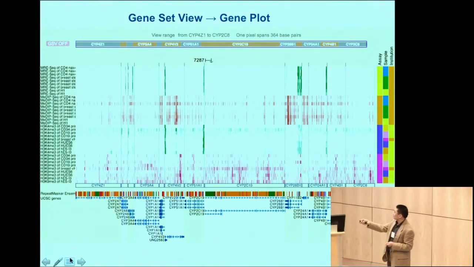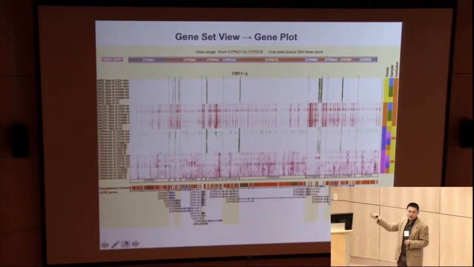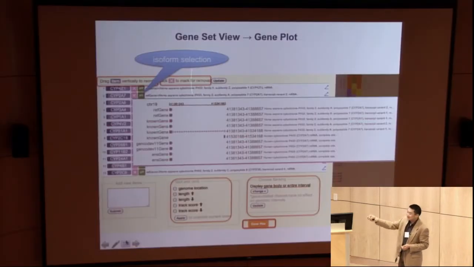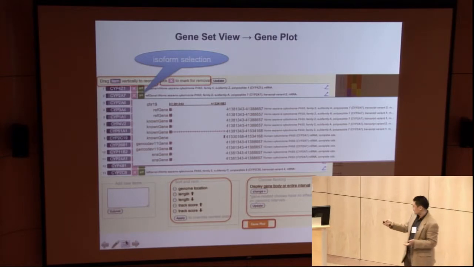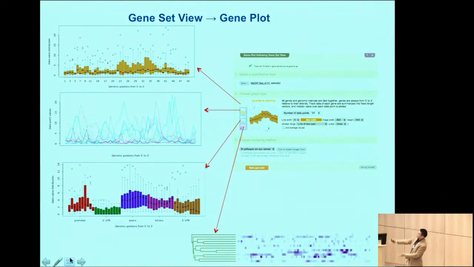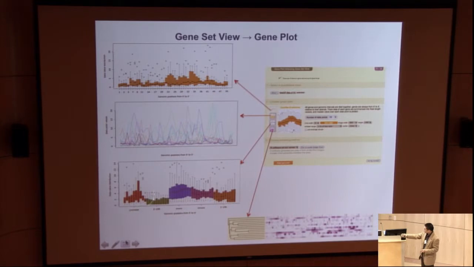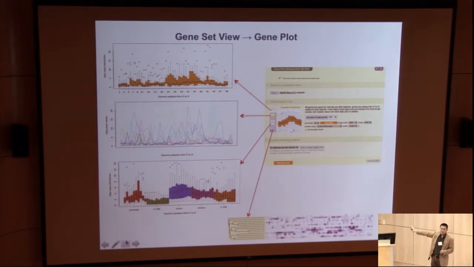So now this is the example where you bring your genes together, whatever genes of interest, with a couple of browser clicks. And this shows you can also select the different variants of that gene. And then you can generate some analysis, right? You take a data set, be it methylation or histone modification, and you can plot the profile across different types of genes, or you can summarize them on promoters, UTRs, exons, introns. So you can do a lot of this type of analysis.